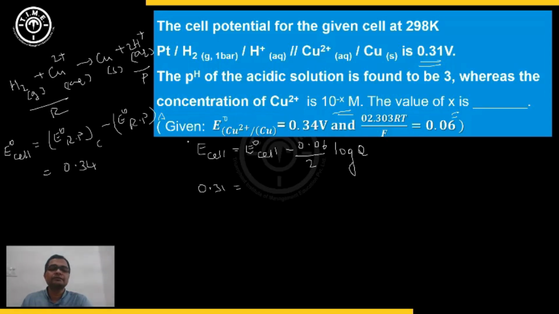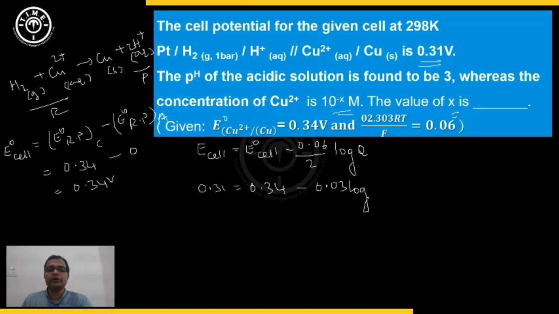This is a standard one. Minus the standard reduction potential of the hydrogen electrode, taken as 0. The anode is the hydrogen electrode, so that is taken as 0. So the E naught cell value is 0.34 volts. So 0.34 volts minus